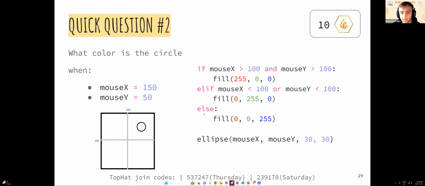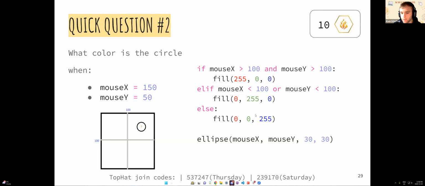It's not going to do this else statement. It's going to say, okay, we found our true value, we found the condition that's been met. We're going to run this code and then just skip to the end. So that's why it's green. Does that make sense? The thing with if-else statements is that when you have a series of them, it checks the conditions, and once it finds the first one that's true, it skips the other ones and just continues to the code after those statements.